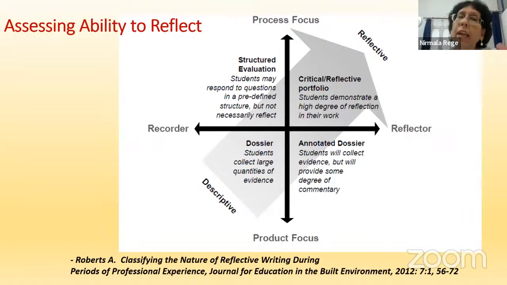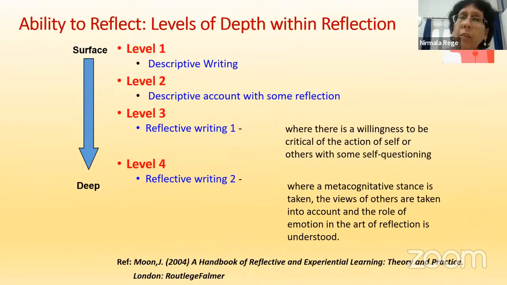But on the left side of the upper quadrant, if you see, sometimes it may be somewhat structured, but it is not necessarily reflecting. And on the other side, there may be some reflection, but it means a little less, not a perfect one. Whereas we want them to go from the descriptive side to the reflective side. And while doing that, we want them to focus on the product as well as on the process. So while finding out their ability to reflect, we would like to know the depth